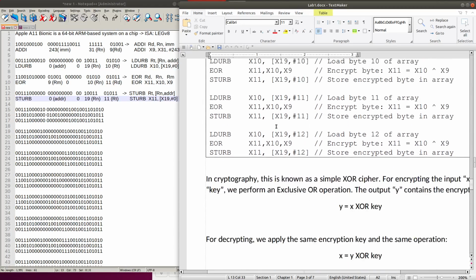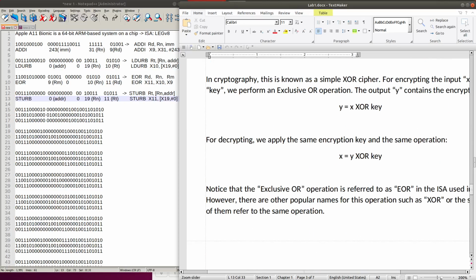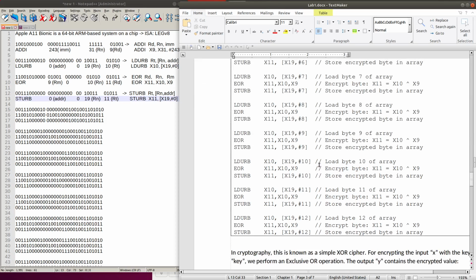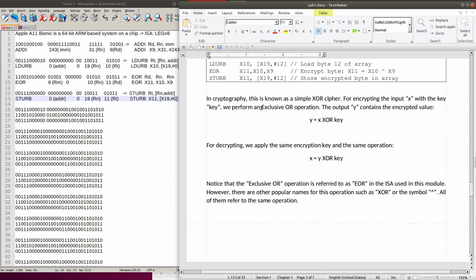And in cryptography, this method is known as a simple exclusive OR cipher, in which the input value x is exclusive ORed with a key.